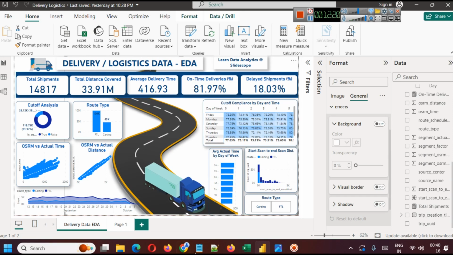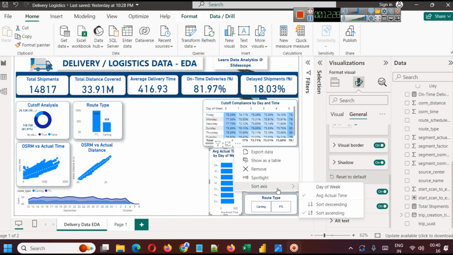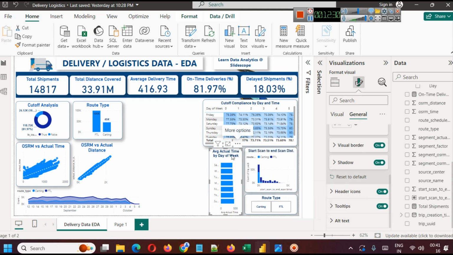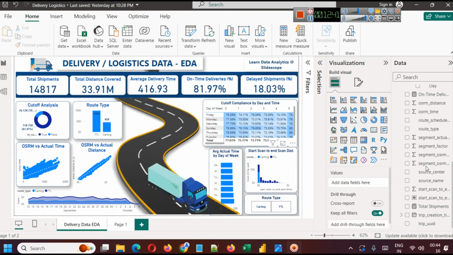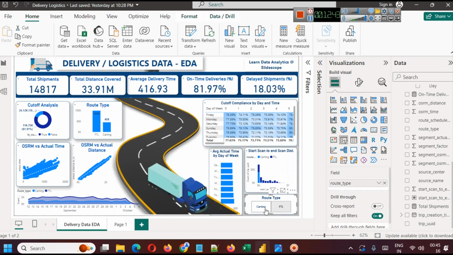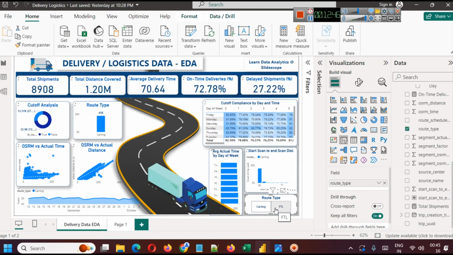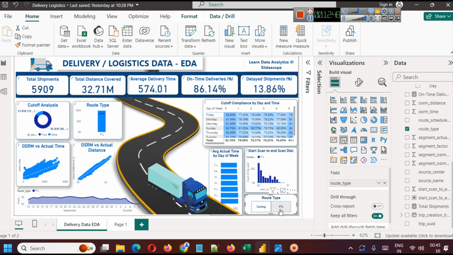So we almost have this part complete, and I have simply used sort axis here. So in this graph we have sort axis because actually Saturday is good because average time is less, right? So that's why you can sort accordingly as well. And after sorting you can see your filters and everything is working. Now because I just wanted to see the effect of this image in the chart, that's why I introduced it. It is totally not necessary,